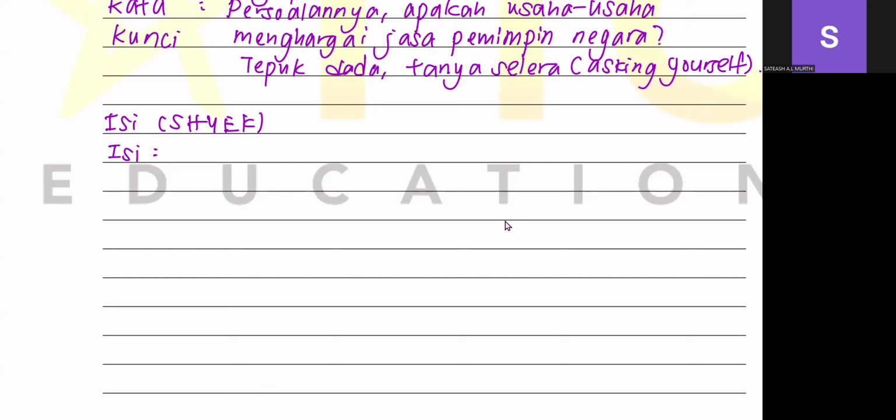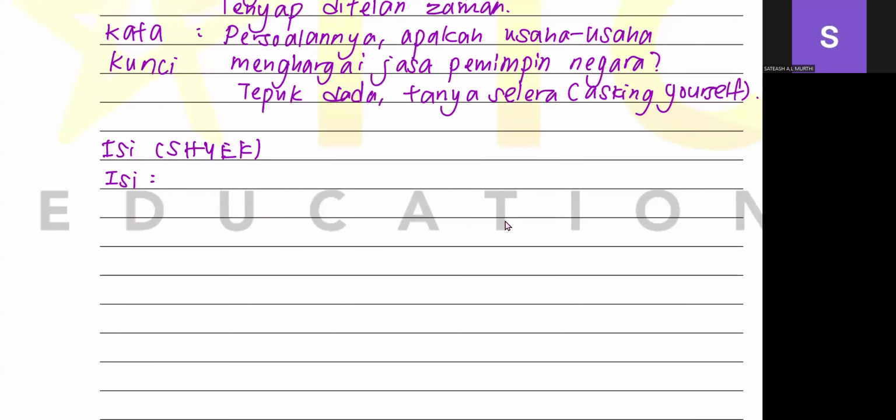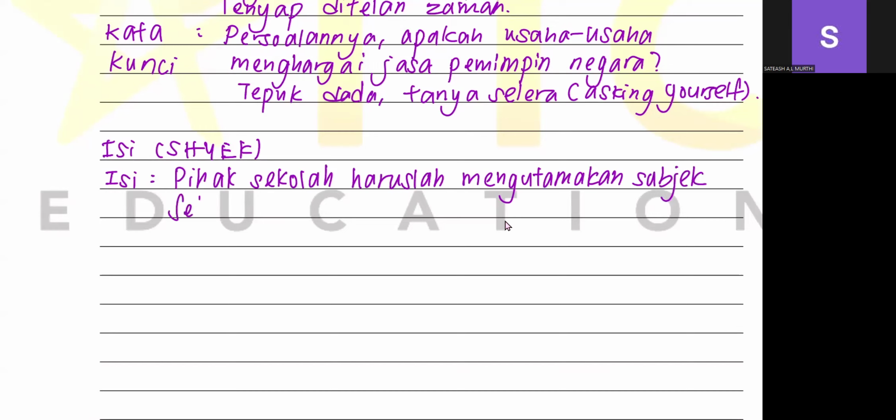Normally, which subject is very easy? Yes, sejarah, of course. Okay, so we can say the school needs to focus on the subject. So we can say pihak sekolah haruslah mengutamakan fokus subjek sejarah